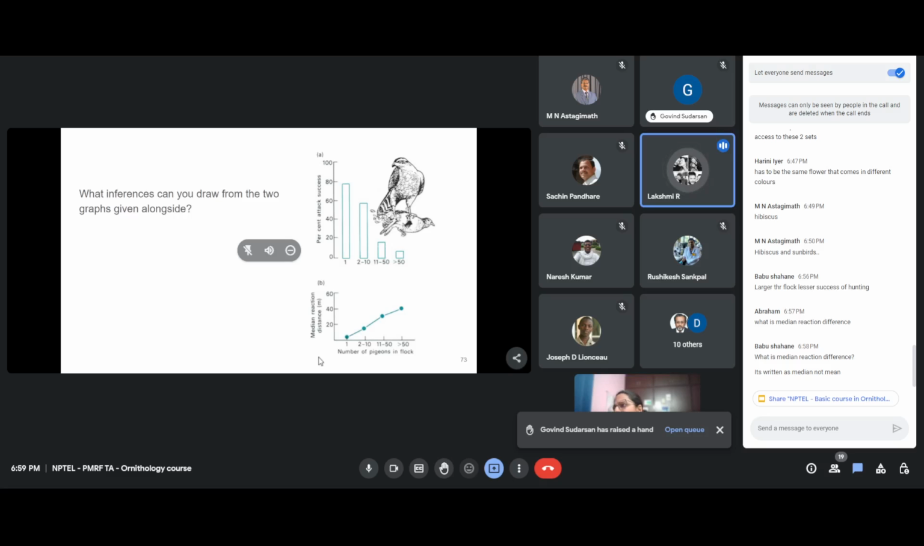Median. Oh, sorry. That's what I meant by the chase, ma'am. You know, the chase is where, when the prey feels predators nearby, that's when they start